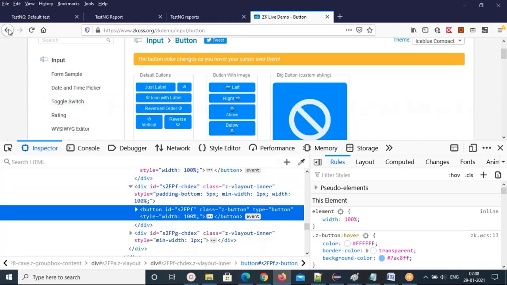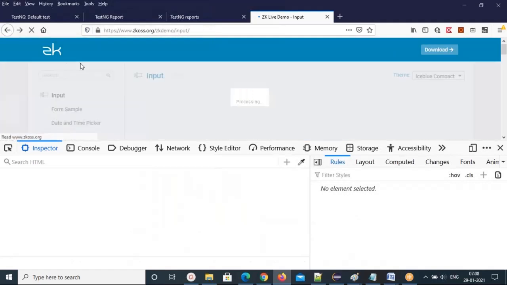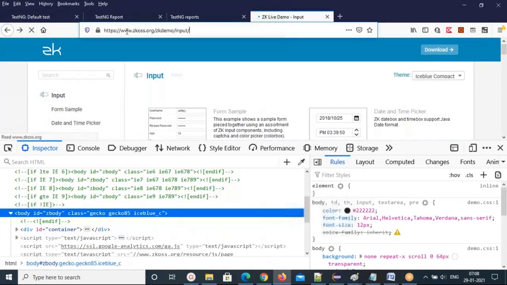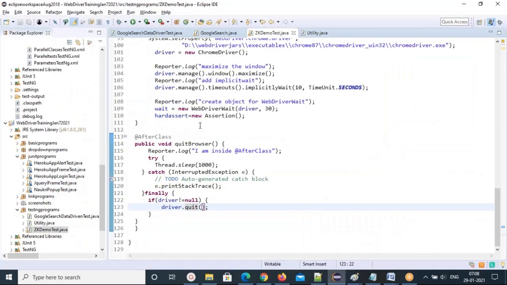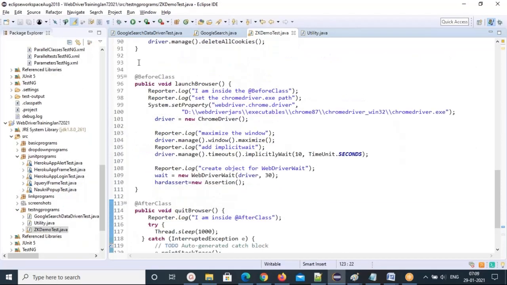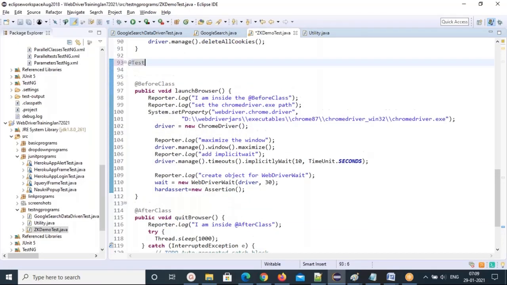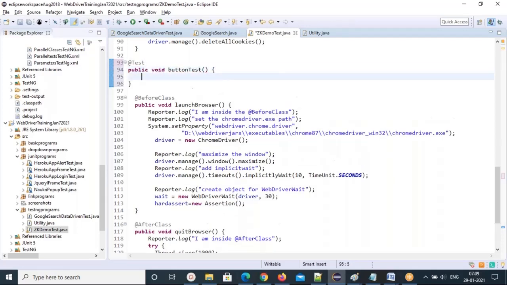So let's start from scratch. This is my landing page. So the first test case, let's create a test method. I'll create @Test, public void buttonTest. So I am automating this button, right?